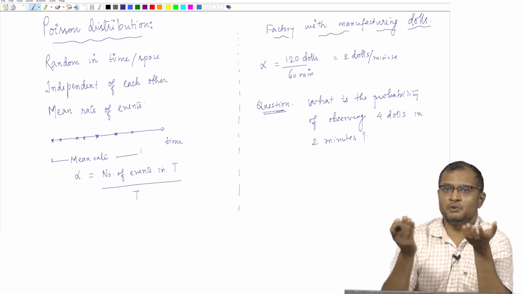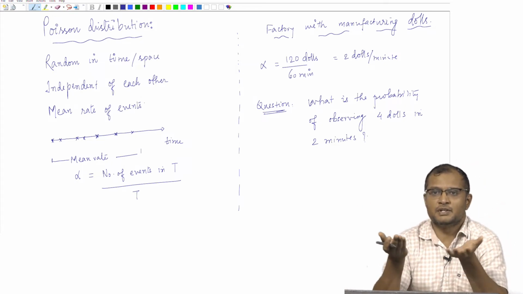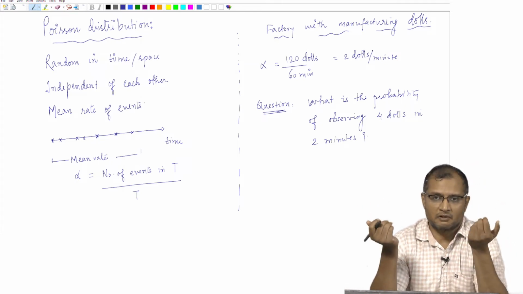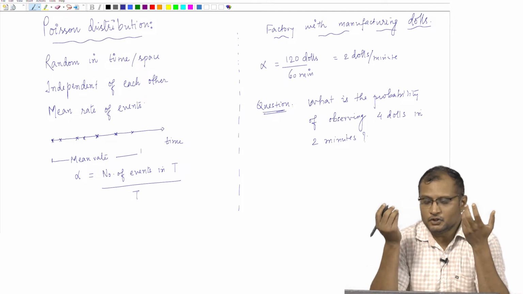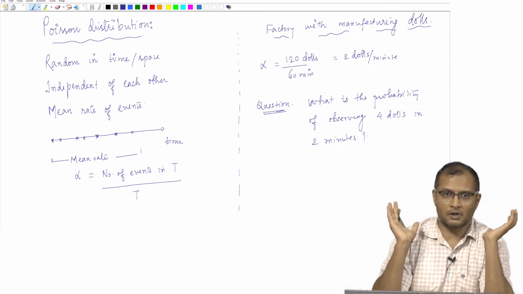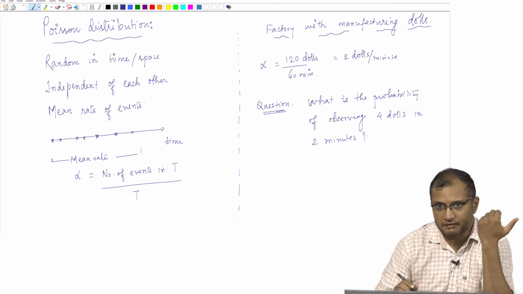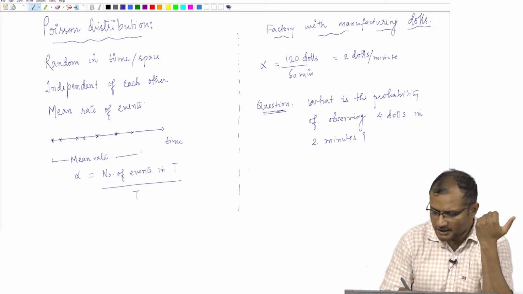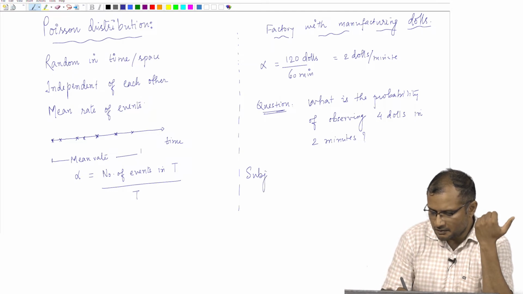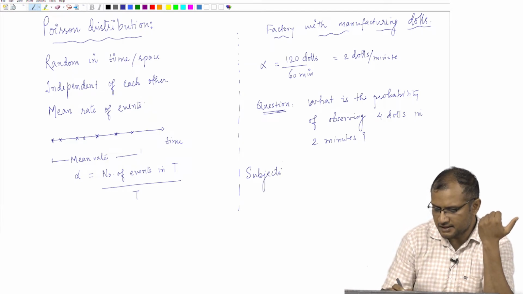So, eventually what you will do at the end is you will just add up the guys who got 4 dolls and divide by the total number of volunteers. That would give you the probability of observing 4 dolls in 2 minutes. Okay. Now, that is how you would do the problem objectively. Subjectively, you can compute this from Poisson statistics,